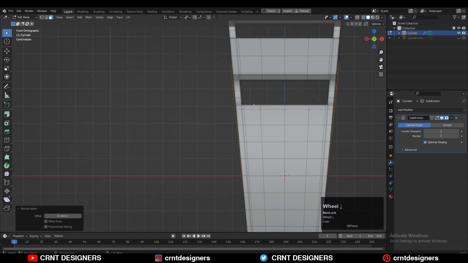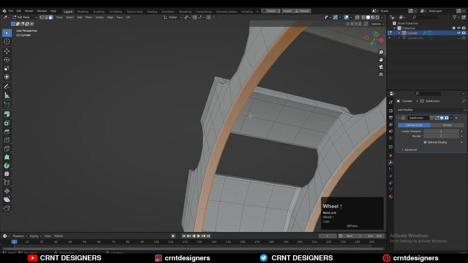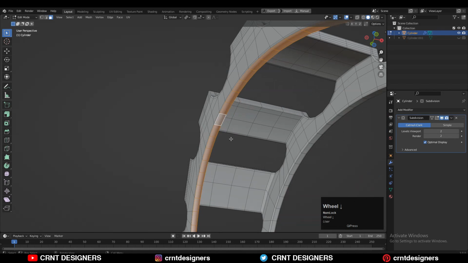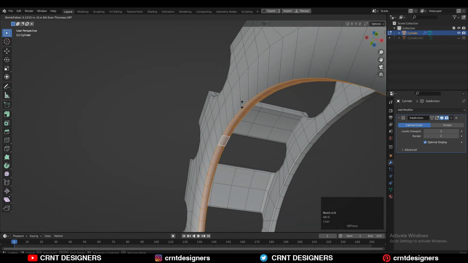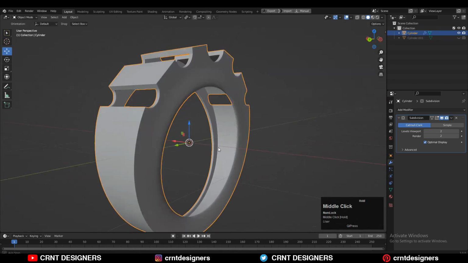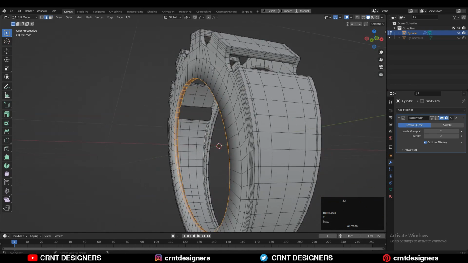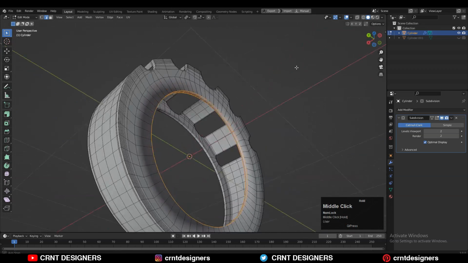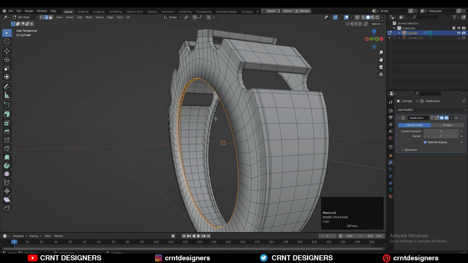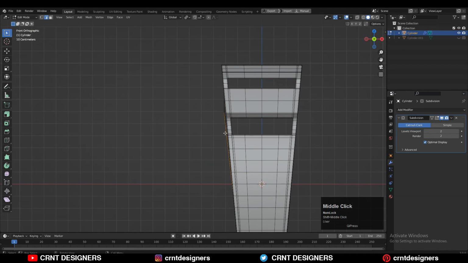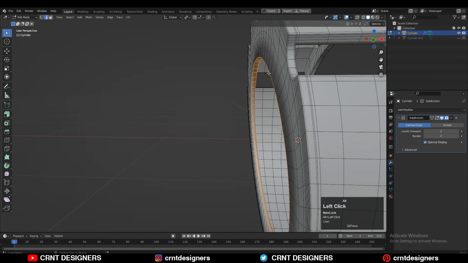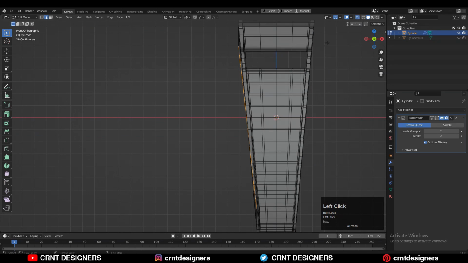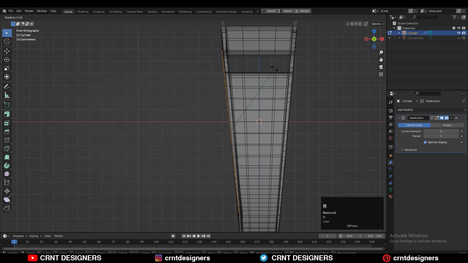So just select these base loops and then press Alt S to scale it along the X and Y axis, no, along the, I guess, Y and Z axis. But we are facing a little bit of difficulty there because it is a slant cut. If I try to scale it along the Y and Z axis, it also scales along the X axis, so it comes a little bit outside of that slant cut. So you can rotate that edge loop and try to align it properly and match it with the slant cut.